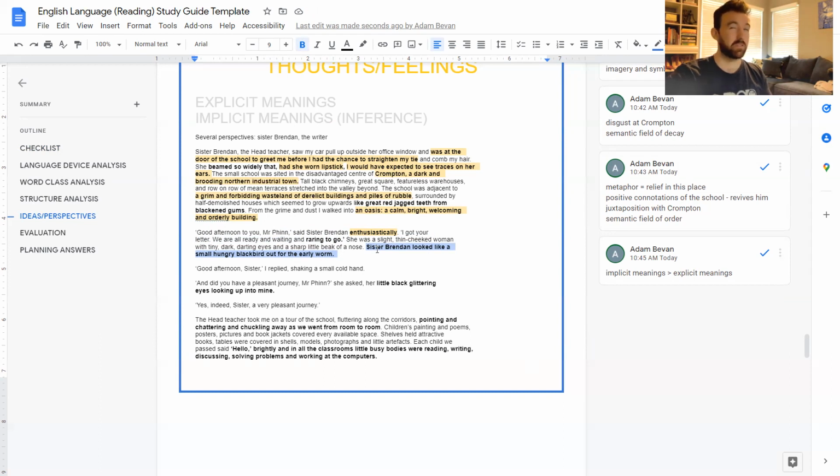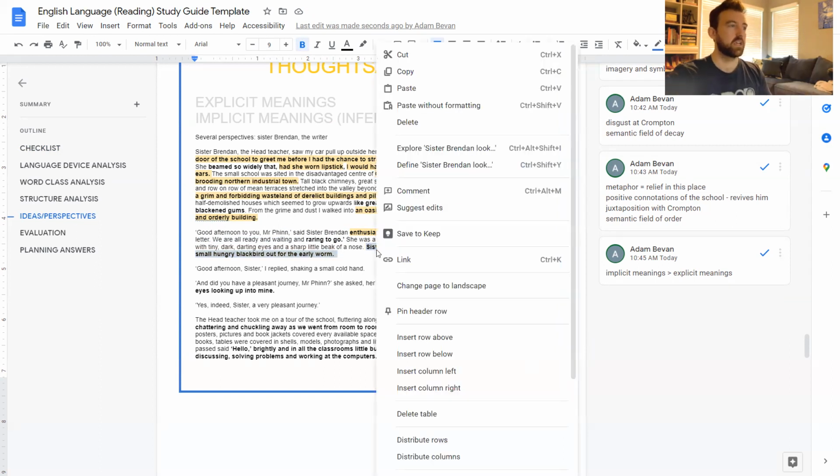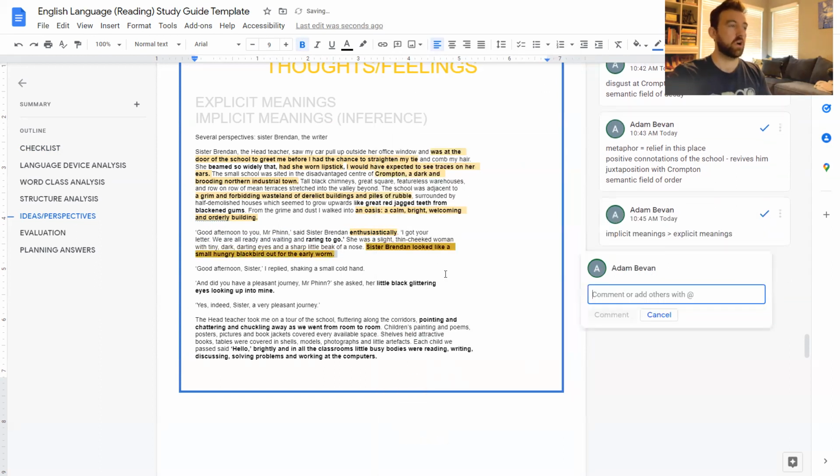It's a simile. It's also a bit of a cliche, right? The early bird catches the worm. It's like that whole phrase. But this one doesn't directly say that she's enthusiastic, but we get the sense of that because she's being compared to a blackbird out early to get the early worm. So she seems to go a bit more the extra mile than other people, that sort of thing. So the simile slash cliche of the hungry bird or the early bird getting the worm